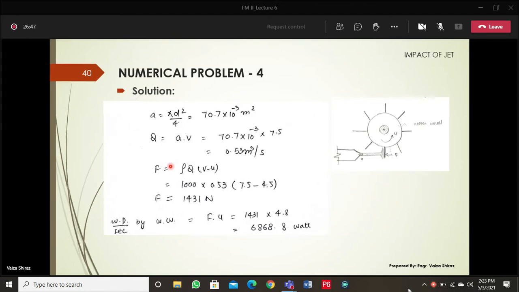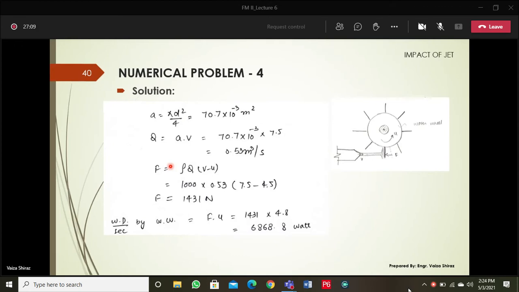Now I can directly write down the equation for F, but as I said in the previous lecture, if you don't remember the equation, you can easily write it down by applying the impulse momentum equation during the solution. In a few cases, you will see I have applied the equation directly during the solution. So you can do that also. Otherwise, if you remember the equation, you can apply that directly. So no harm in that.